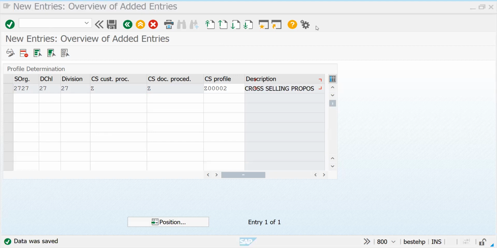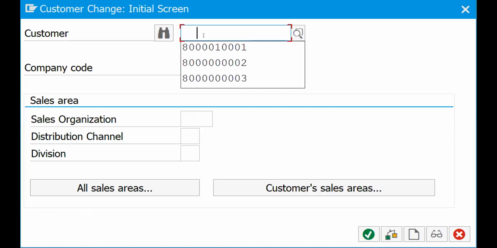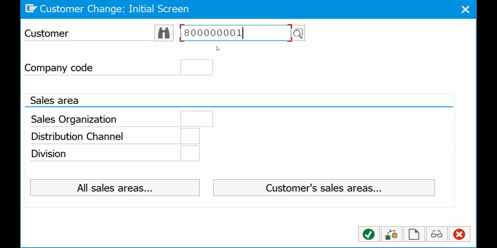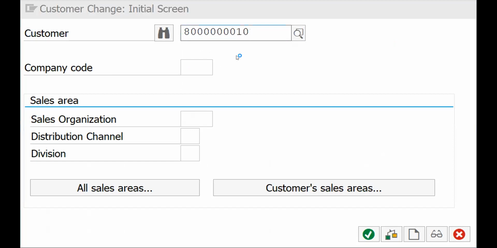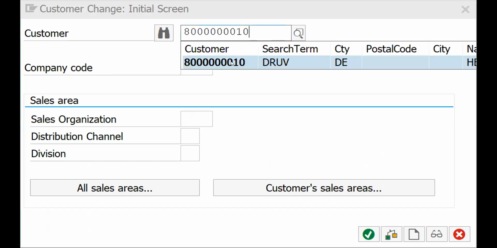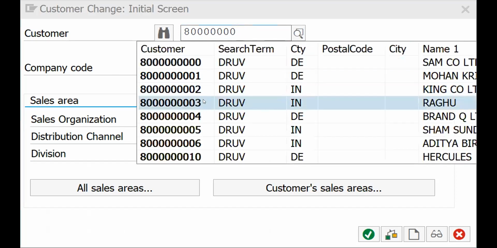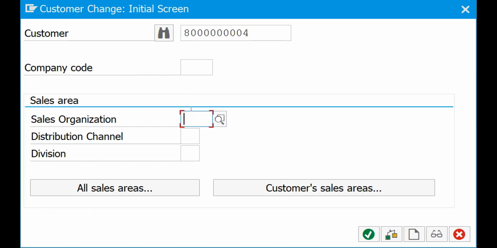As I said, you have a different method for cross selling. So let me try to choose. Okay, maybe this one. Or else 04. Yesterday's example, we'll take brand Q distributor. So this is the distributor, then 2727.